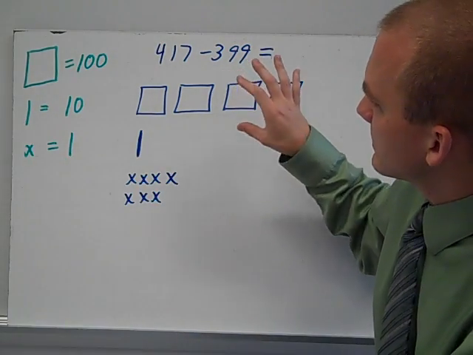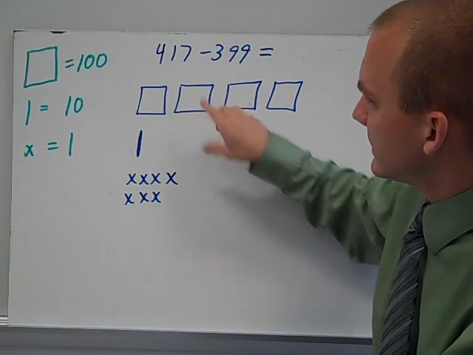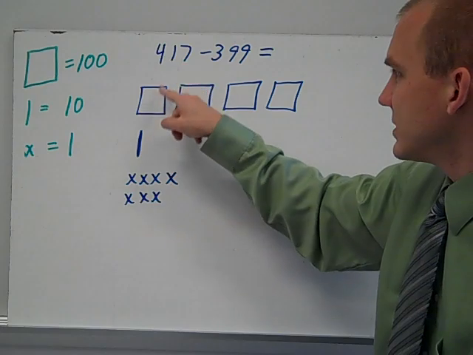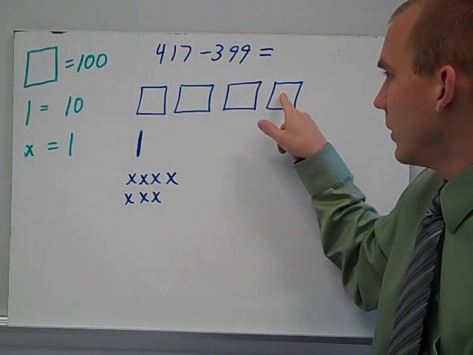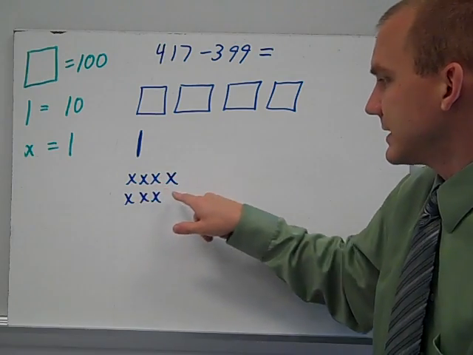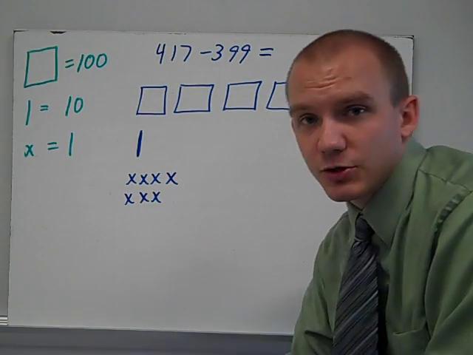To subtract is different from addition with place value blocks, and I only draw the first number. I draw my total here, 417. So 1, 2, 3, 400. 1 ten, and 1, 2, 3, 4, 5, 6, 7 ones. Now I want to subtract